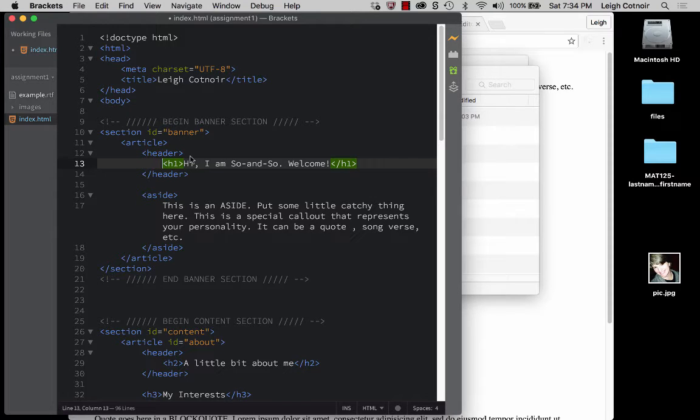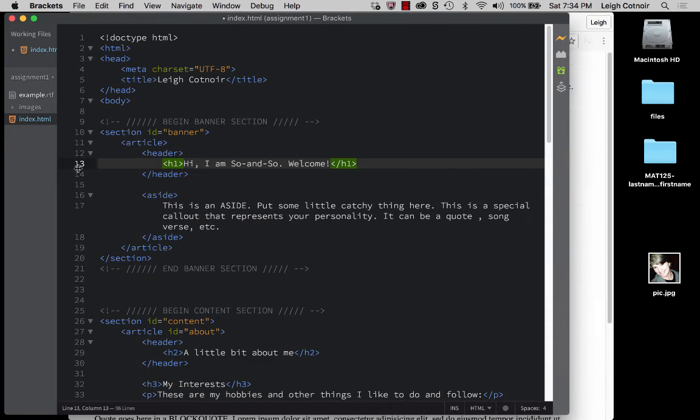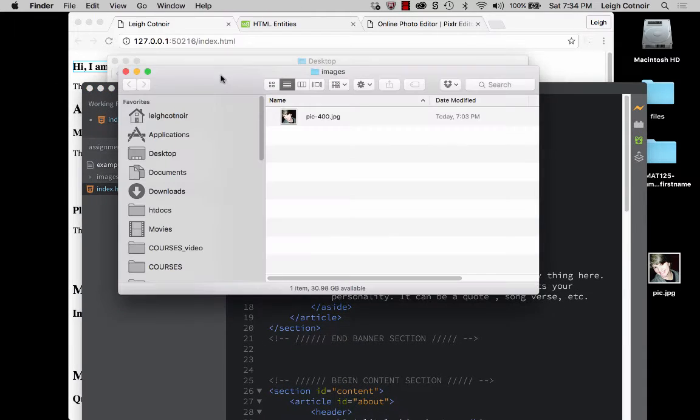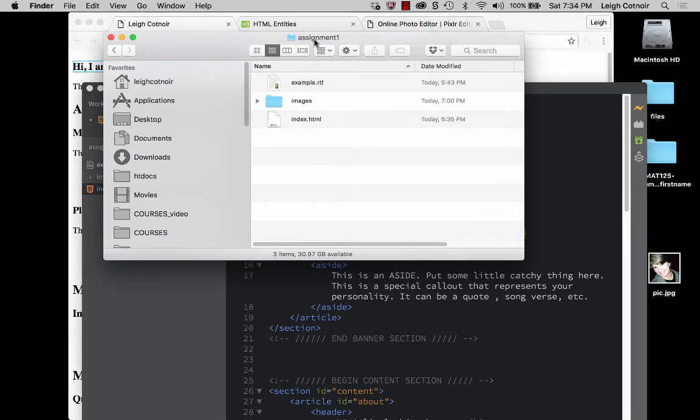Okay, so now we're going to put that image into our HTML. And I want to show you something also in Brackets really quickly, now that we have that folder. Let's look at this folder here. Make sure that, okay, our assignment 1 folder is referred to as our root level directory of the current project. So our project root is assignment 1